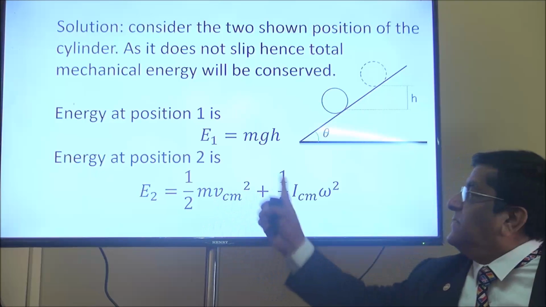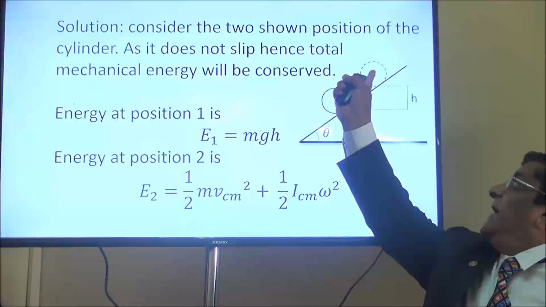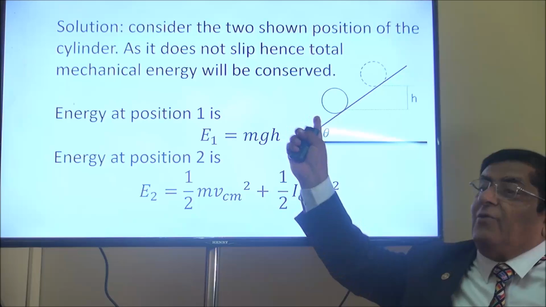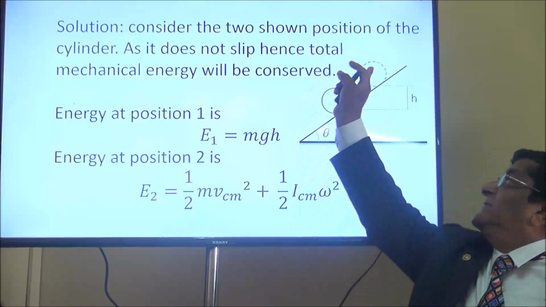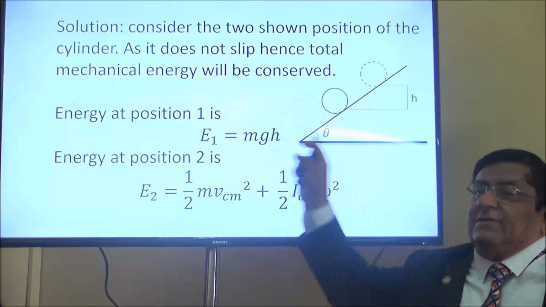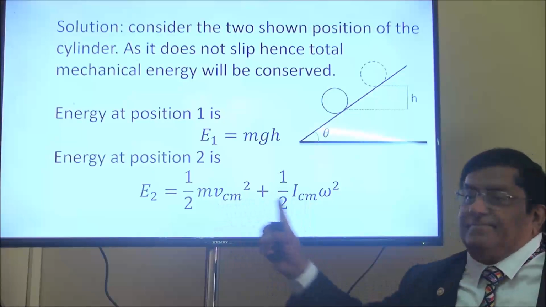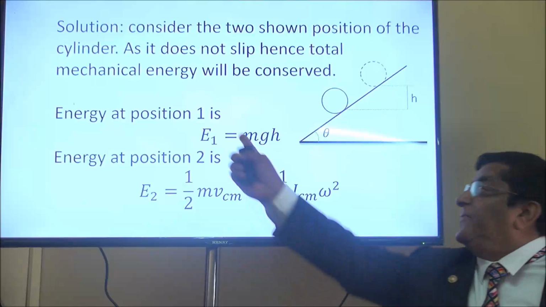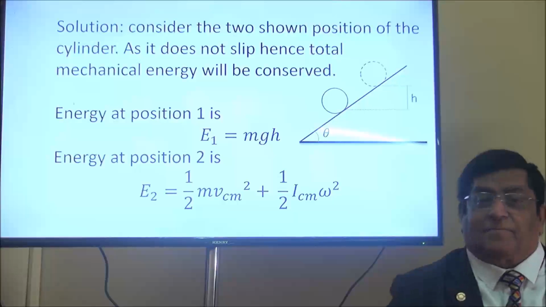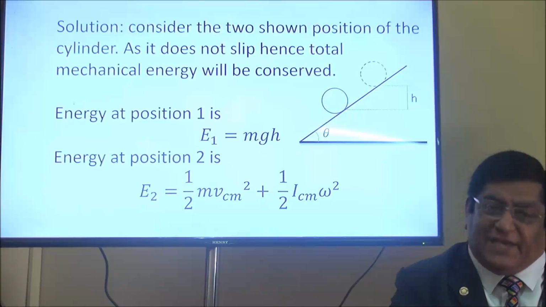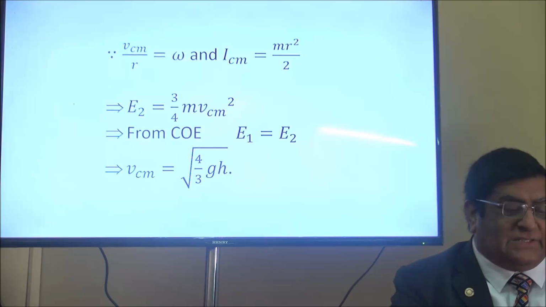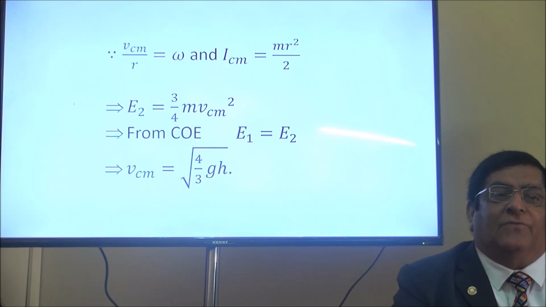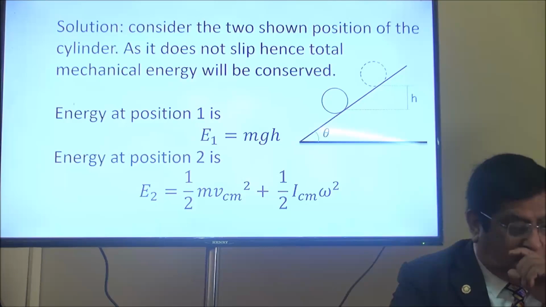This is E1 here. And when it is rolling and coming here, how much energy it has? Now it has two types of energy. One is linear energy and one is this. This is the energy later. And if we take the difference of the two energy, that will be equal to mgh. Yes. So with that you can always find out the value of velocity. Okay. Once again,